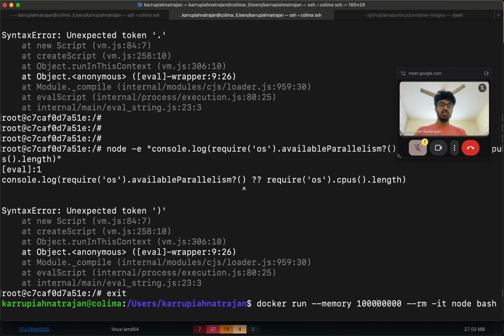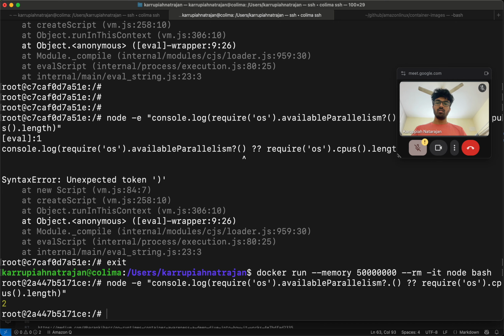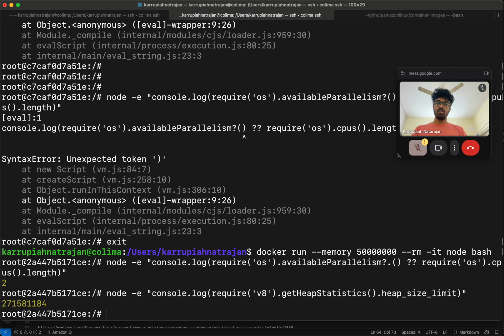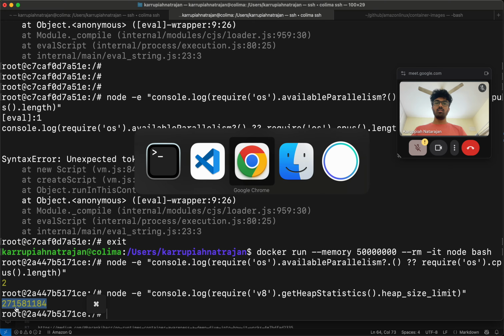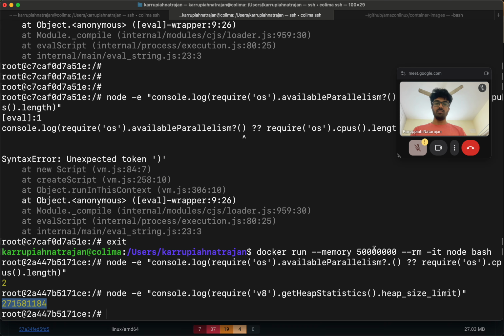And if I set 100 MB as limit, hmm, 50 MB. This is bytes, 271 megabytes. Okay.